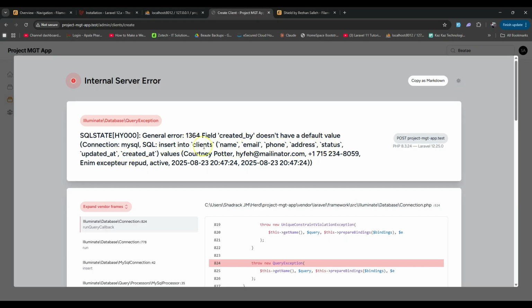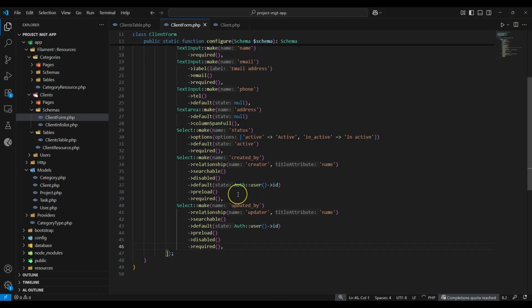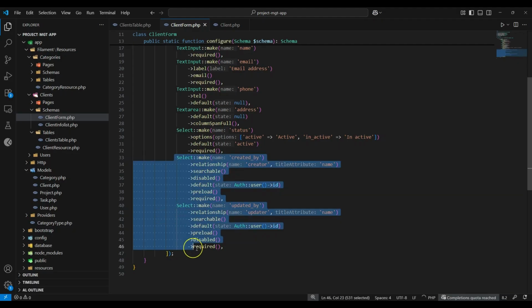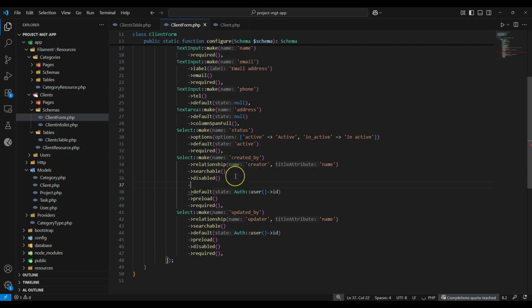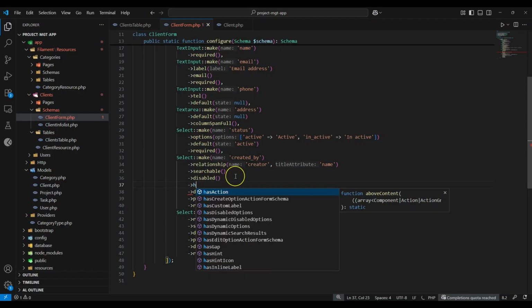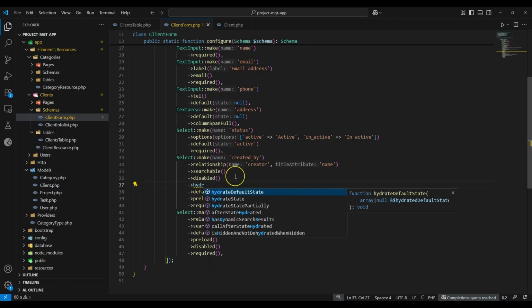You can say insert into clients. Then you can see we have only name, email, phone, address, status, but we don't have the updated by and created by. So why? Because when you put the disable here, it means that Filament will ignore these two fields. So to make Filament not ignore these values, we are going to use the